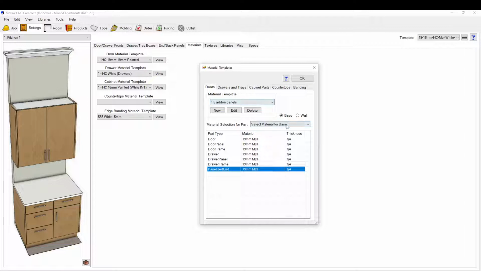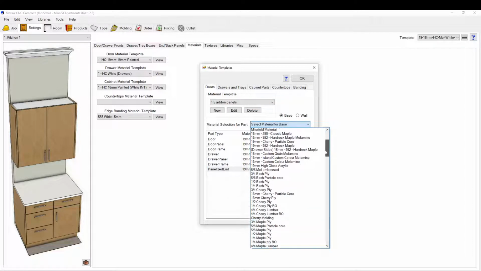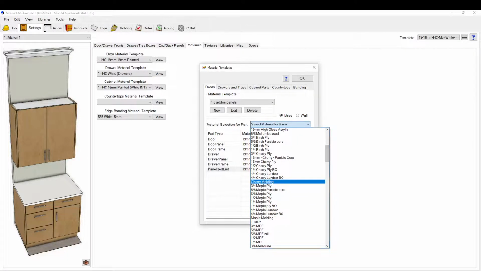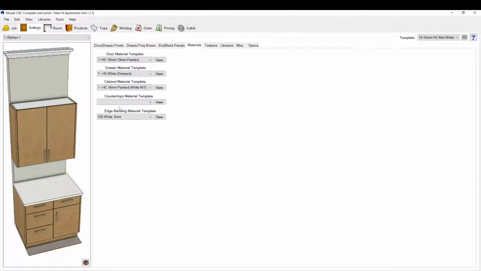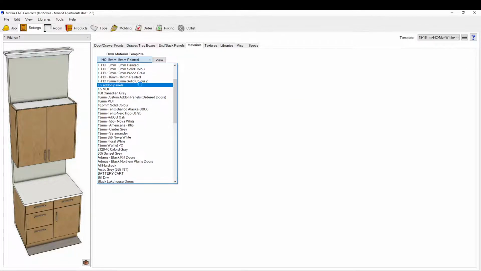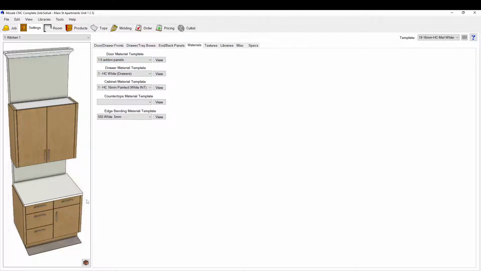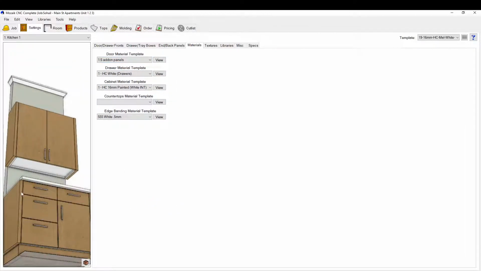So we select this one, we go to our selected material, and in here I have 1.5 inch somewhere. So 1.5 inch MDF, so that changes the thickness of that. And right now my wall is going to do the same thing for the uppers. So let's click OK. And we're going to change our door template to the one I just made, 1.5 add-on panels. And it's just going to update,